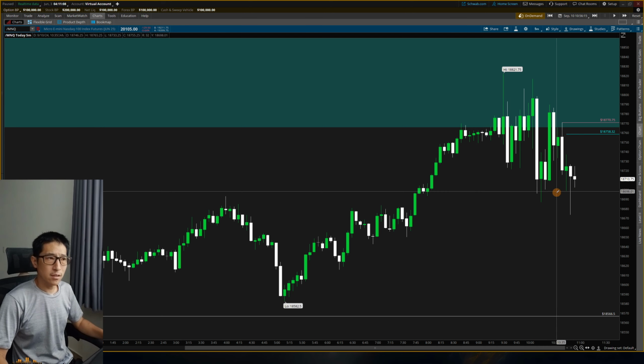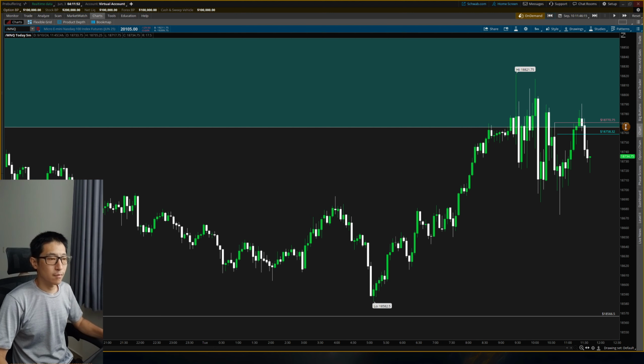I think now that we've taken out this low again, we've got 1, 2, 3, maybe it's a three drives pattern on the downside, and it's going to run up for these relative equal highs. So maybe I'll wait to see if that happens, and then I'll look for something. But right now, I'm kind of not really feeling it. So just going to give this some more time today.